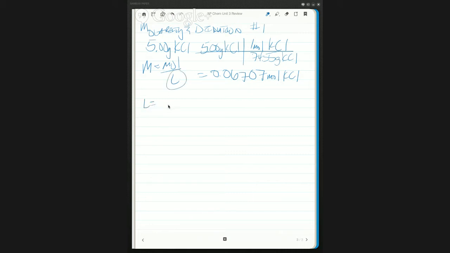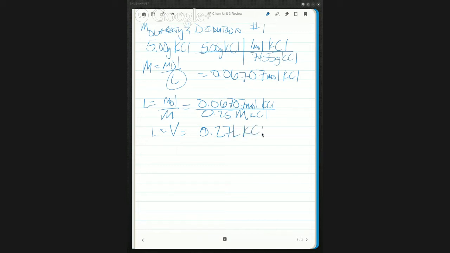And so I'm looking for liters, to what volume. So liters is equal to moles divided by molarity, which is equal to 0.06707 moles of KCl divided by 0.25 molarity of KCl. And my volume is that divided by 0.25. With only 2 sig figs for an answer, 0.27